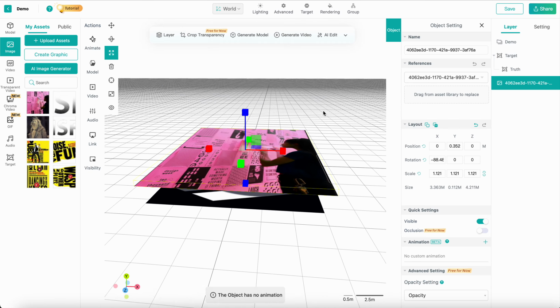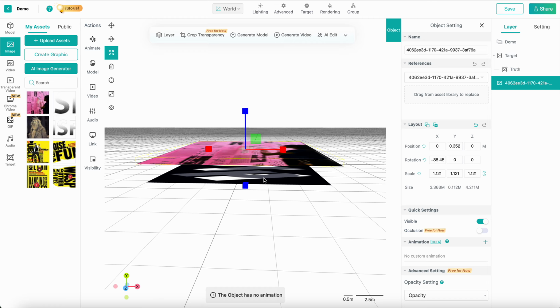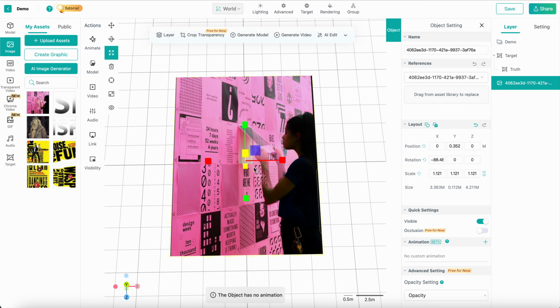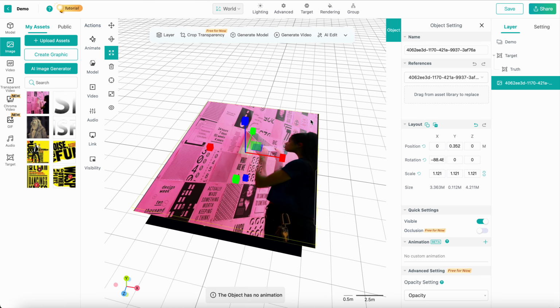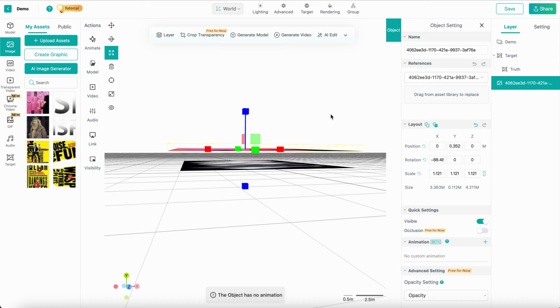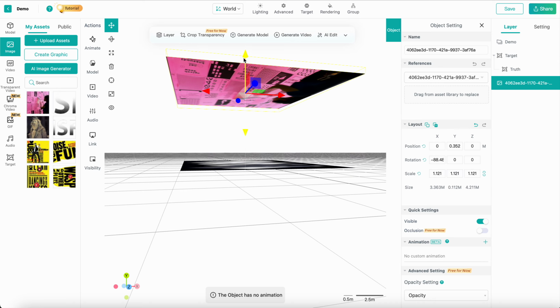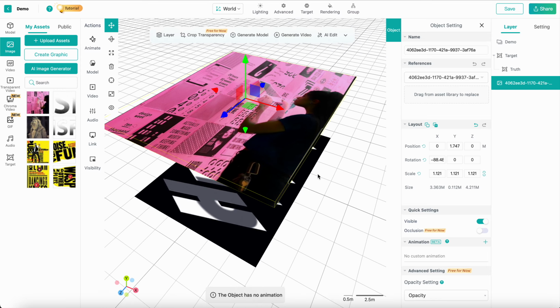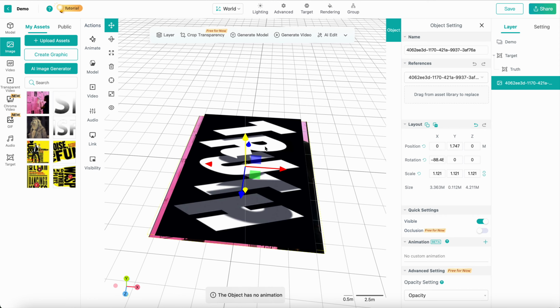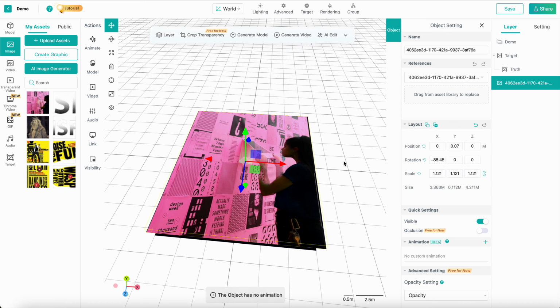That means when your camera finds the target, this image will pop up and cover not your whole screen, but your poster, okay, in this way and in this position. That means if you put it higher, it will become closer to your screen. All right, okay, and for this case I just put it here. All right, and then what you have to do is just to save